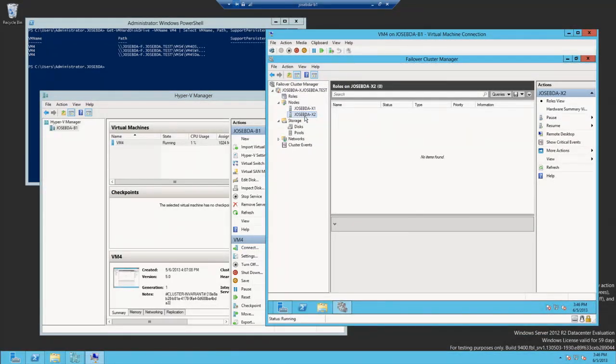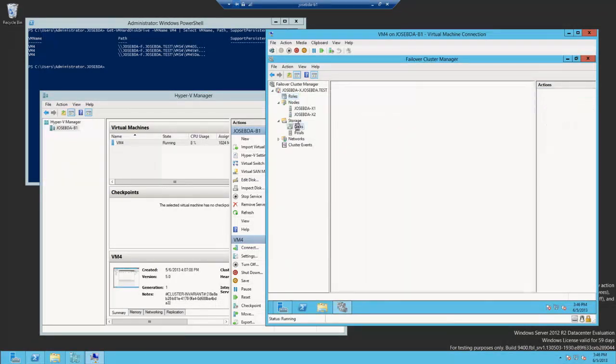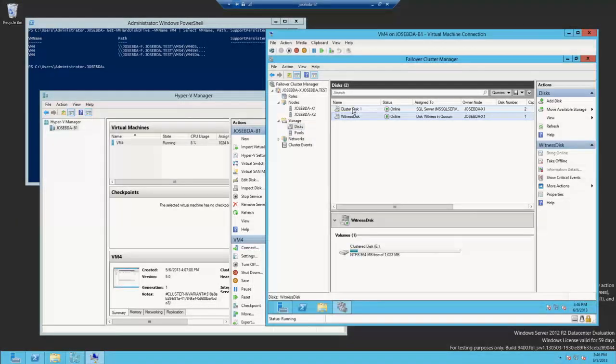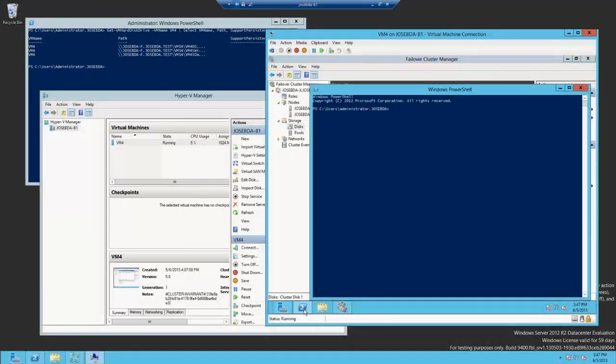What you're going to see here is that this virtual machine is running a SQL server, right? And if you look at the disks, you'll see, okay, I have a witness disk and a cluster disk. That's nice. Now, if I go over here in PowerShell and do a get